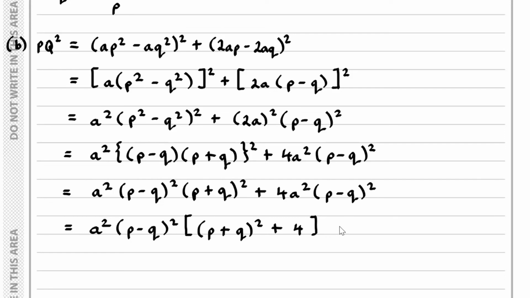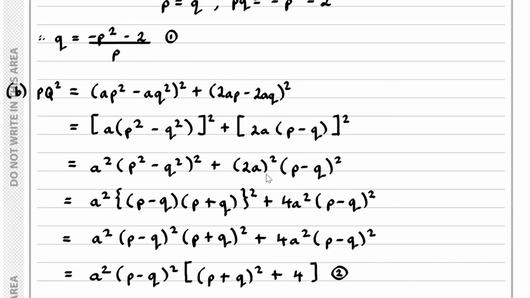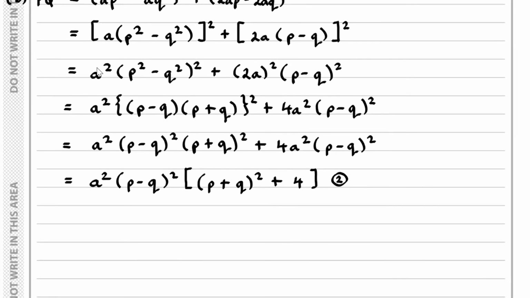Let's call this equation 2. And I can replace the q over here with minus p squared minus 2 over p. So if we substitute in equation 1